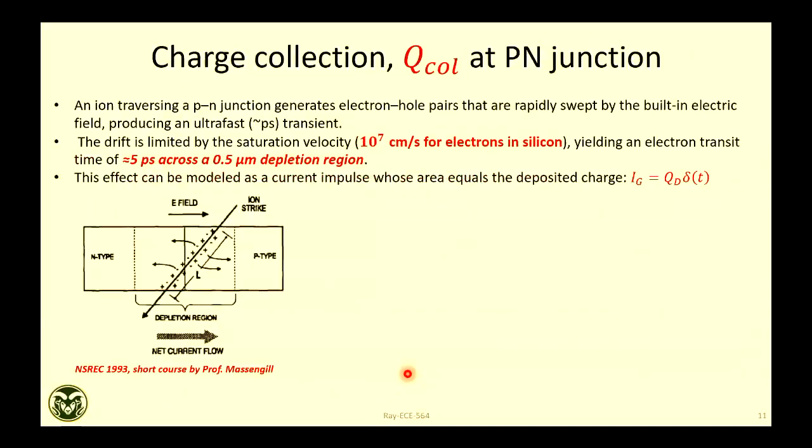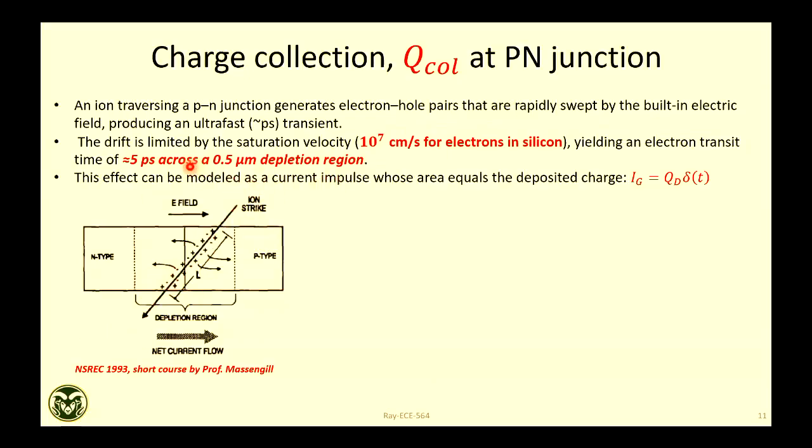Okay, so next is the collection. The deposited charge is the maximum that you can collect. Not everything will be collected. Suppose you deposit 100 electron hole pairs. Not all these 100 electrons will be collected. Some will recombine, because in a semiconductor material, generation and recombination always take place. How much you will collect depends on the electric field or the junction of this device. For example, if this is the ion going through it,